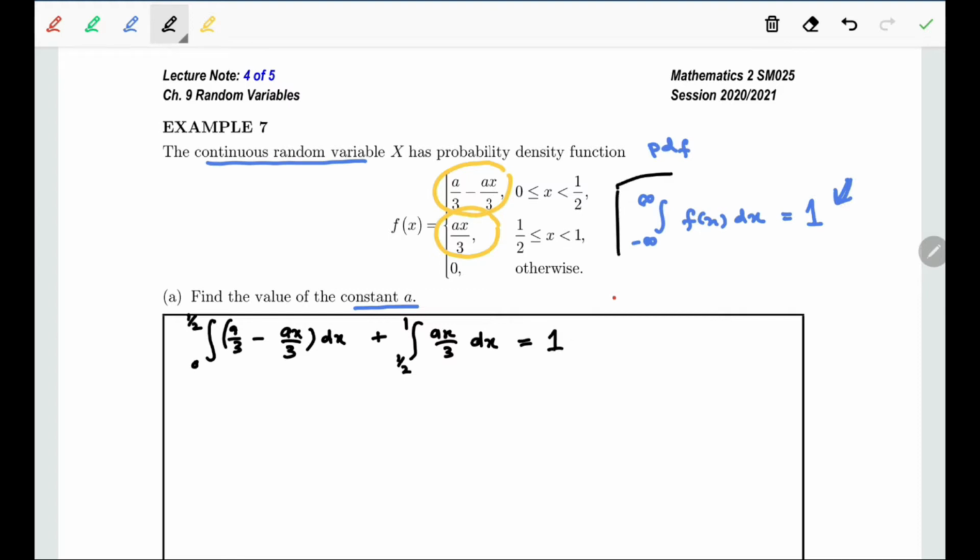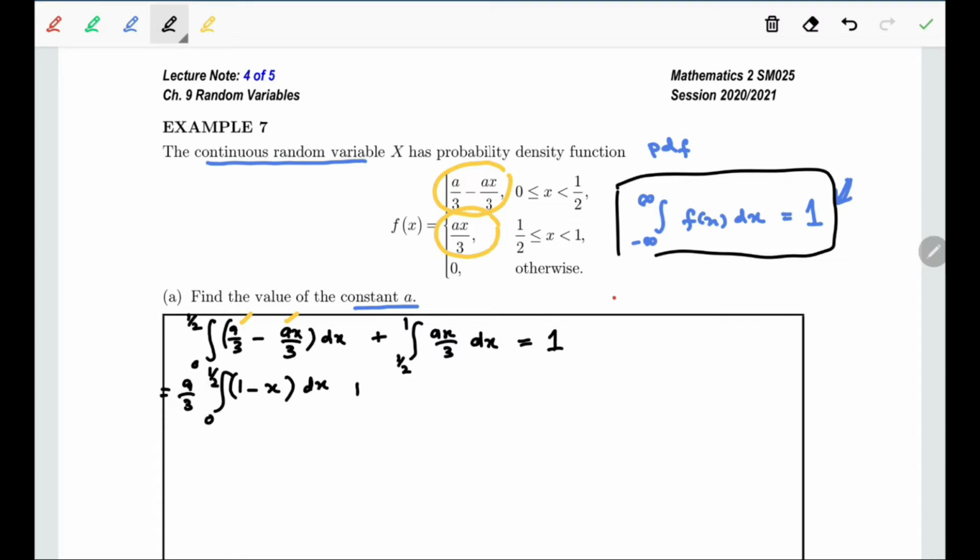So we are going to solve it. Since we have a over 3, it's better we factorize the a over 3. Then we will get a over 3 integrate 1 minus x dx with the limit 0 to 1 over 2